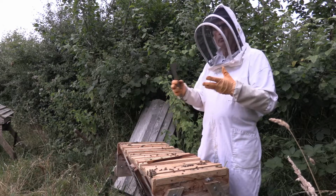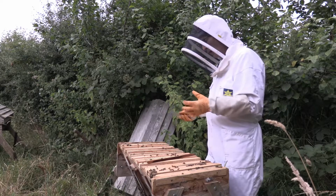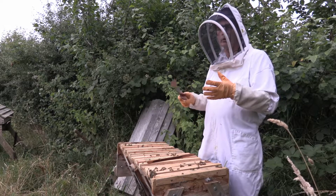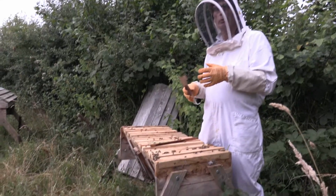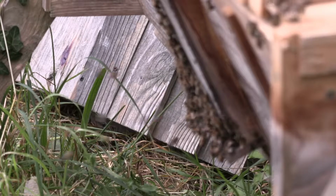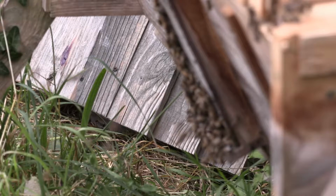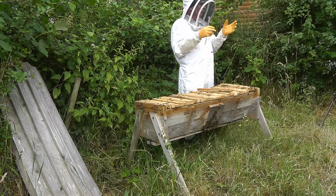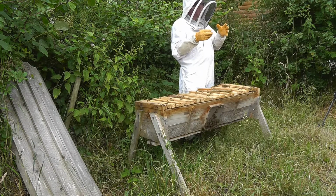But come September, some of the bees which are being born then will overwinter with the queen. So I would think this hive will probably shrink down to about 20,000 bees over winter. And the main purpose of the bees then is just to keep the queen warm. So they'll just form a ball around the queen, keep feeding her from all these reserves they've built up, keep feeding themselves, and the bees which are around the queen will vibrate their wings sufficiently to keep a constant temperature